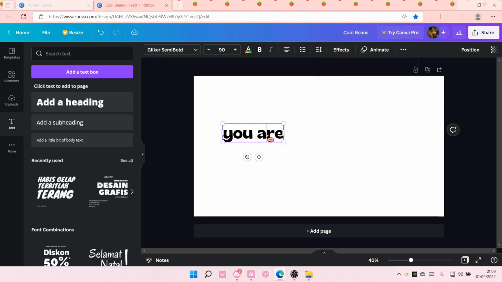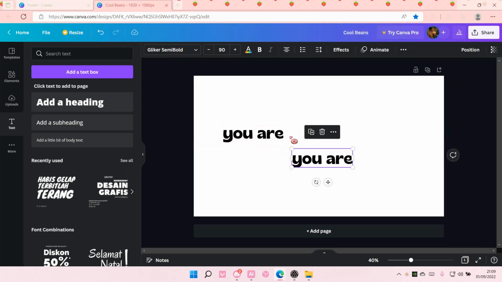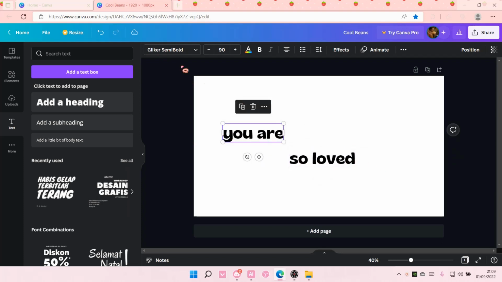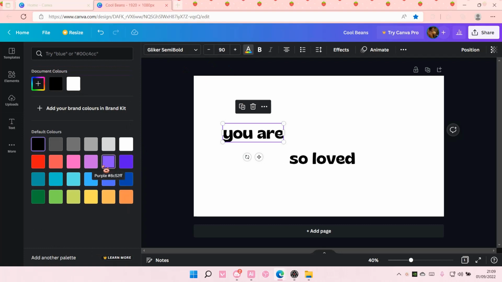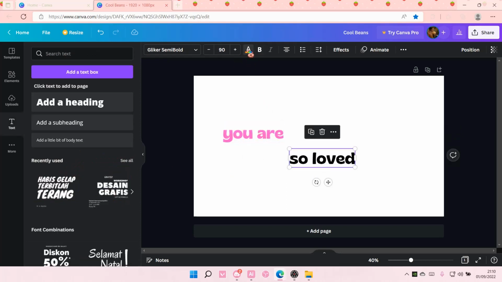I duplicate that. I don't know why it's not doing it. Just like this. You are, and on the second one, still left. I'm just going to then change the color of the text. You don't have to do this. This is completely optional, but I just want to